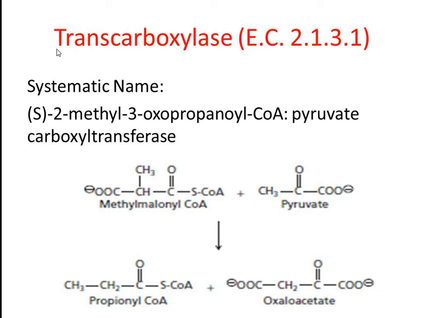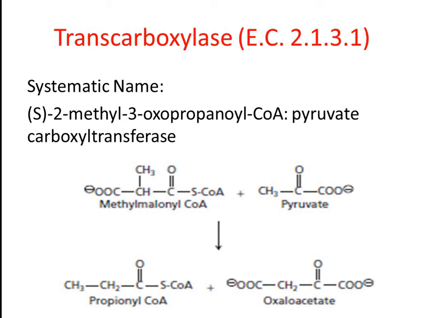So the name of this enzyme can be written as transcarboxylase, which indicates trans-X-ase as we saw earlier, or carboxyl transferase, which indicates X transferase. This enzyme catalyzes the transfer of a carboxyl group from methylmalonyl coenzyme A to pyruvate to form propionyl coenzyme A